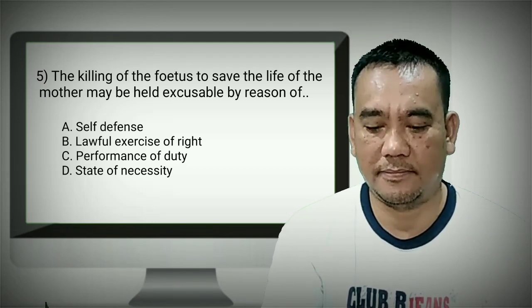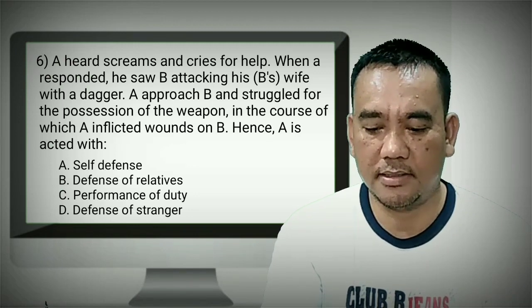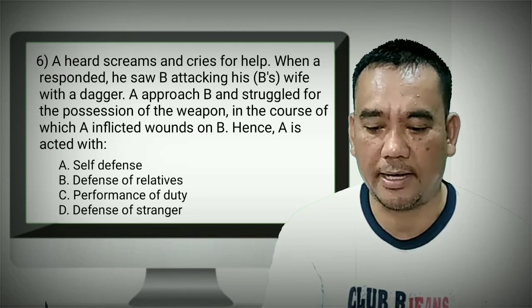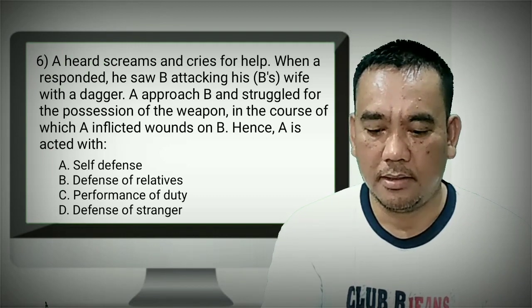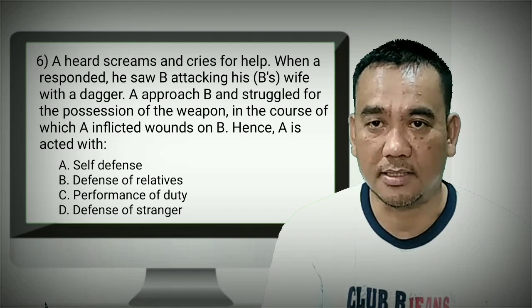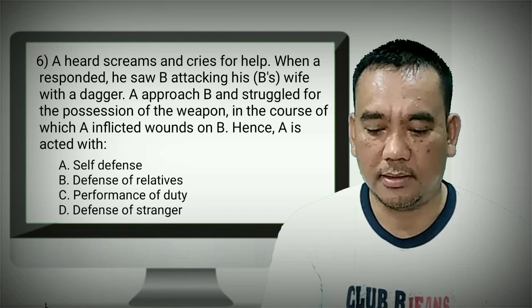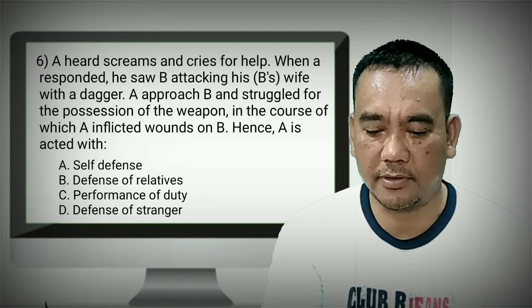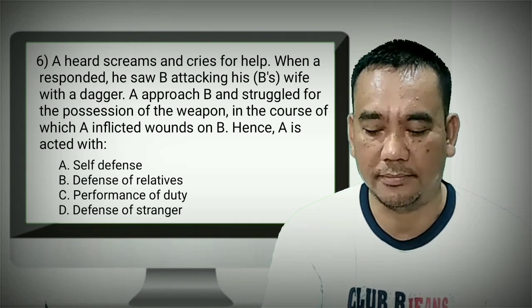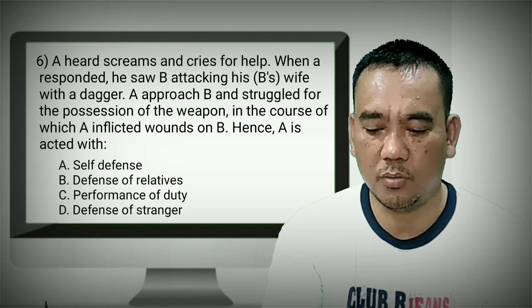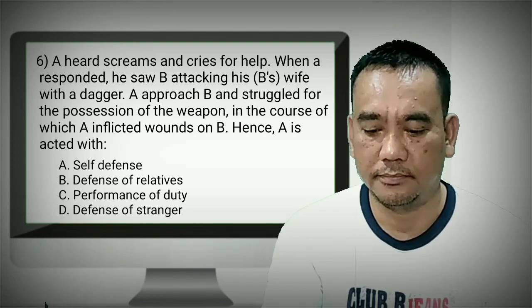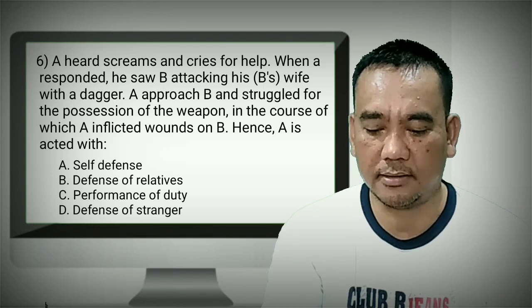Question number 6. A heard screams and cries for help. When A responded, he saw B attacking his wife with a dagger. A approached B and struggled for the possession of the weapon, in the course of which A inflicted wounds on B. Hence, A acted with